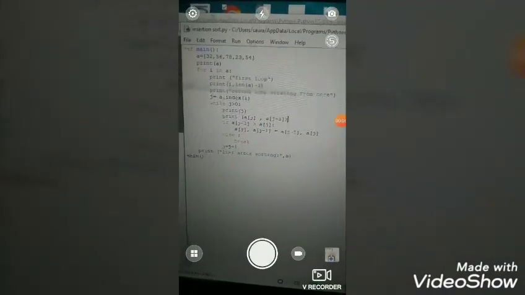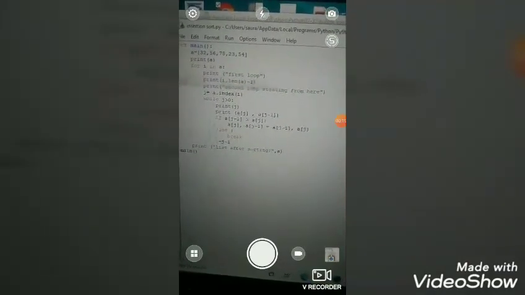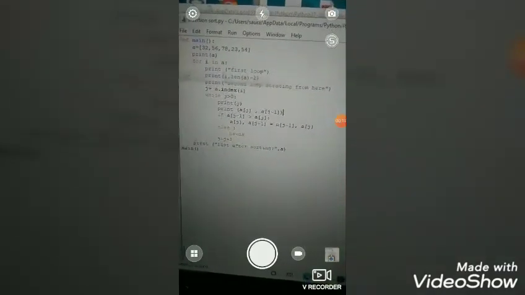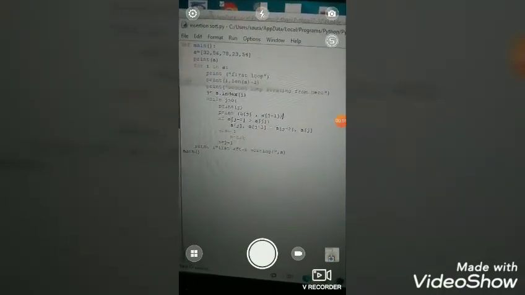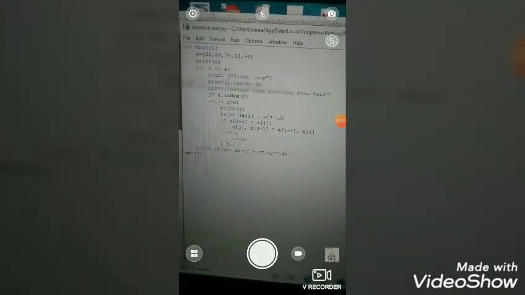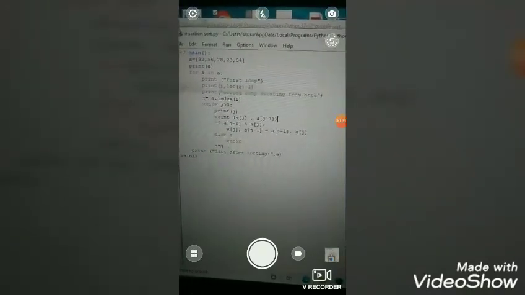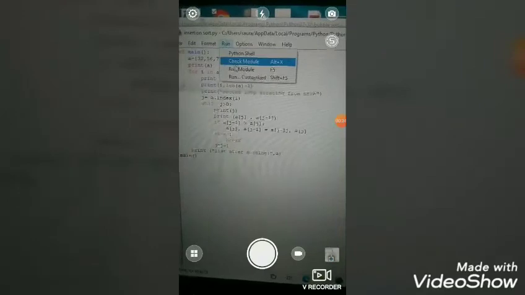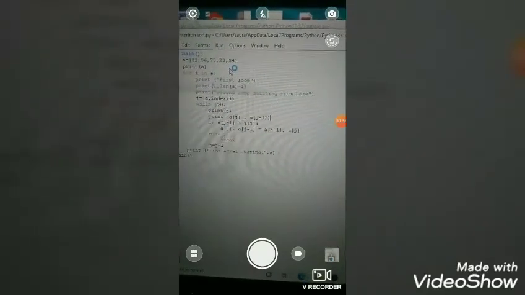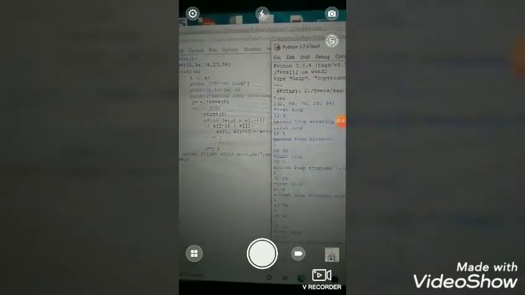Hello students, here you can see the program of insertion sort algorithm, and this program is same as the program in your textbook. I did some changes for better understanding of this loops dry run. So let's run this program and watch the output. So here you can see the output. Let's understand by comparing both windows.